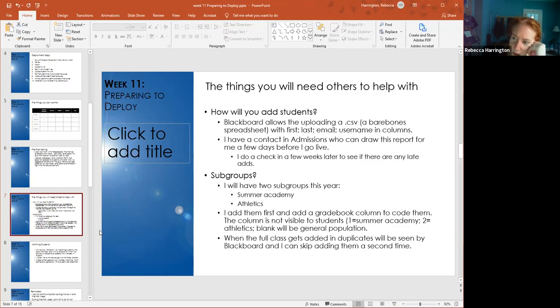It's a much more time consuming task to take care of. What happens is I have a contact in admissions who is my go-to person for getting the spreadsheet. So I've already been in contact with her. Normally we would be launching this class on the first Monday of August. So I'd reached out to her earlier, maybe the end of last week, and said,